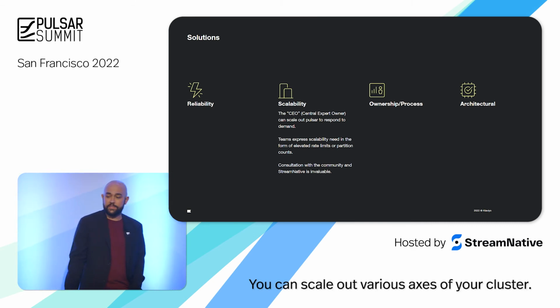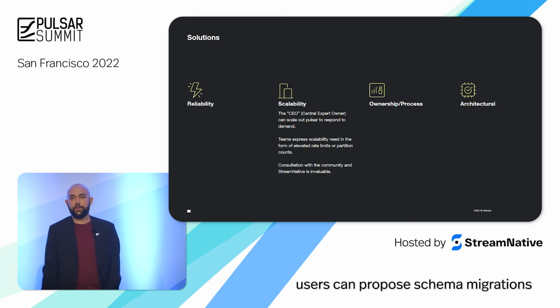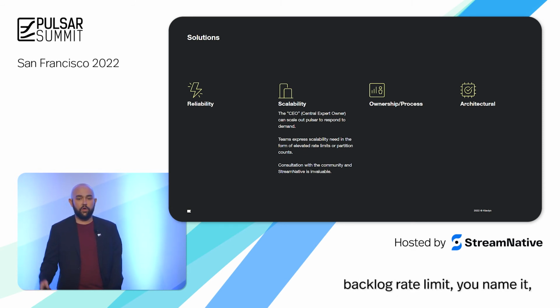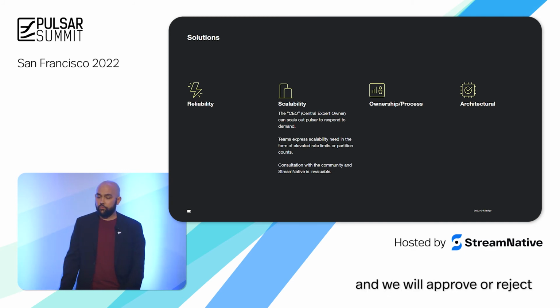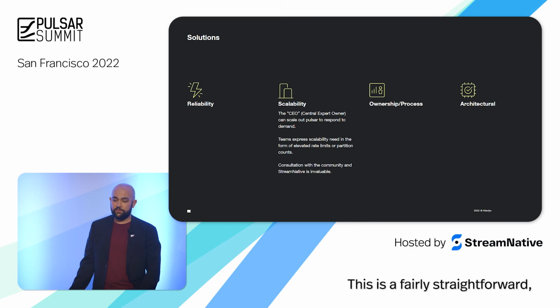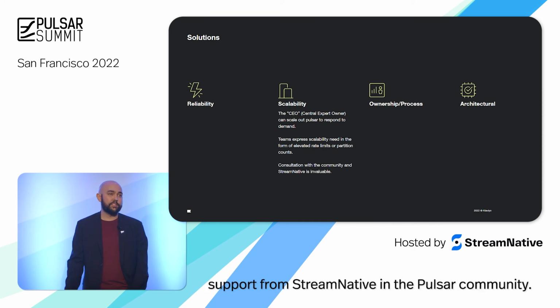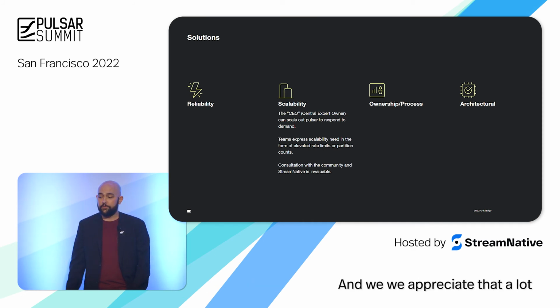You can scale out various axes of your cluster. You can repartition. Users can propose schema migrations that request additional capacity along some axis, maybe size, backlog, rate limit, you name it. And we will approve or reject that after plugging its updated numbers into our capacity estimates. This is a fairly straightforward process. Additionally, we're able to get scalability support from StreamNative in the Pulsar community, and we appreciate that